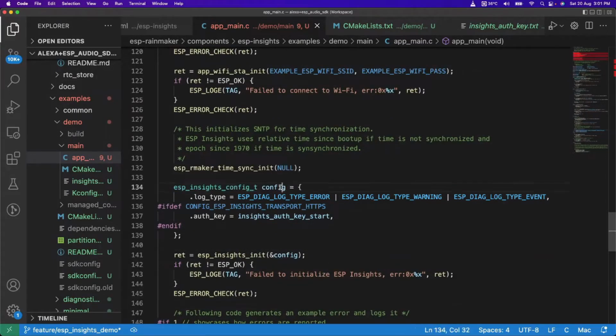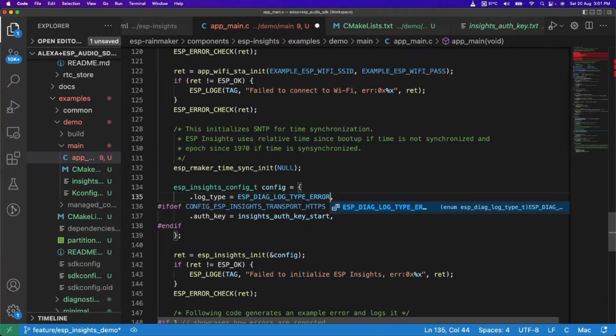So you can see that in the config, you have two options. One is which log type to enable. You can OR these bits to decide which of the features of the log you want to enable. So we have in ESP Insights traces, which contain errors, warnings, and our own custom logs, which we call events. For example, if you remove these two bits, warning and event, you would see that only errors are getting reported